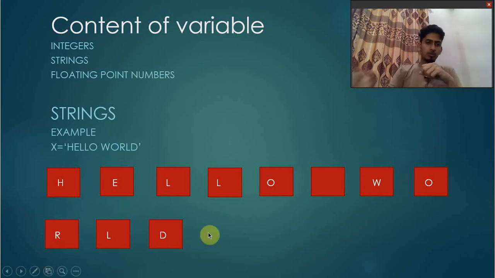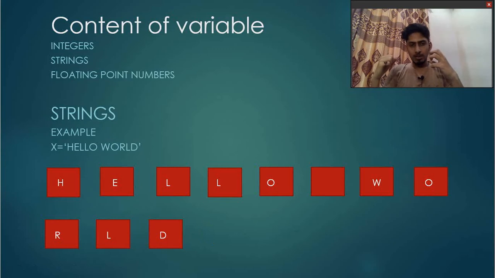So now we have visualized what happens in the backend when we assign something to a variable: what the CPU does, what memory does, what the connection between these two is, and how memory gets the data. To have a better understanding, we will do it practically on Spyder. So let's go. Here we have Spyder.